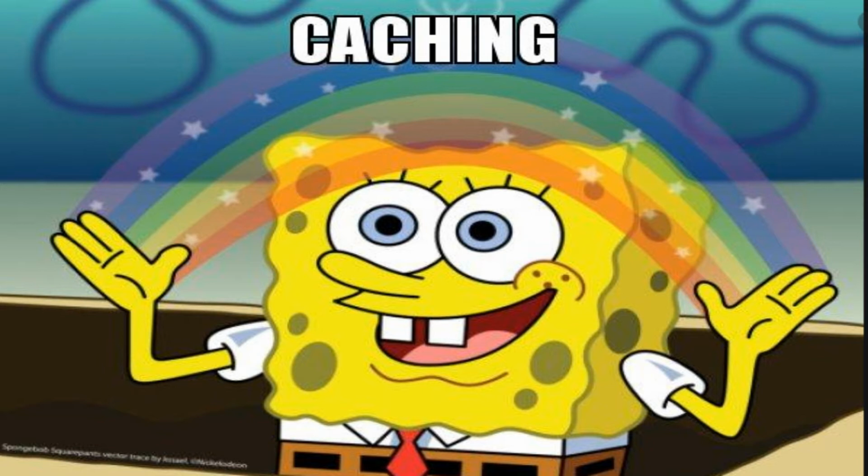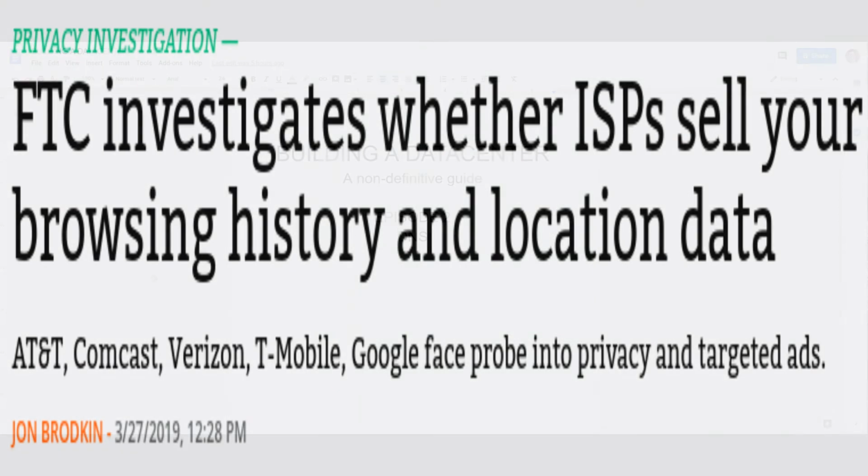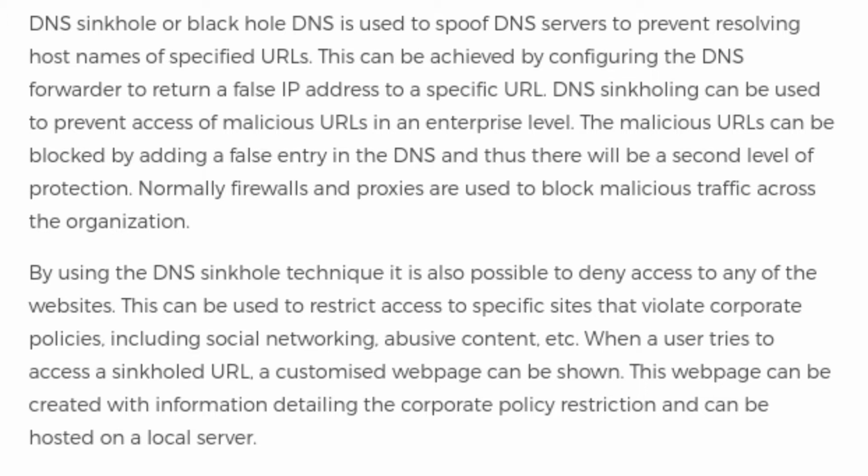ISP data is normally logged, and a lot of ISPs are starting to actually sell that data now. So they can say, 8,500 of our users are going to Netflix, and we can prove that with logs. Netflix, if you want, we can start advertising for you. There's that. There's also security implications as well.